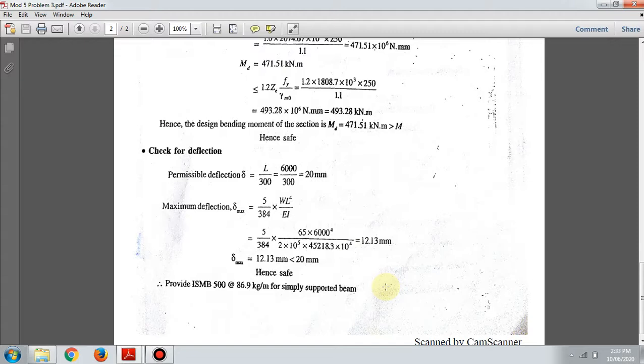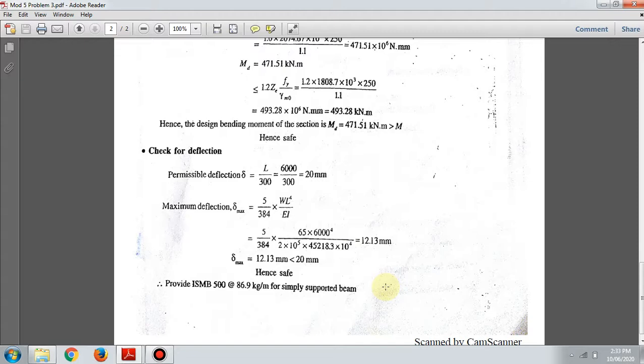So fy is 250, H is 500, thickness of web 10.2, root 3 into gamma m0 1.1. So we got the design shear strength as 669.2 kilonewton. The shear force is WL by 2, the shear force formula for a simply supported beam. So W is 97.5, already we have calculated, factored load, L is 6 by 2. So shear force is 292.5. The shear force coming on the beam is 292.5 kilonewton, whereas the beam can resist a shear force of 669.2 kilonewton, hence it is safe.